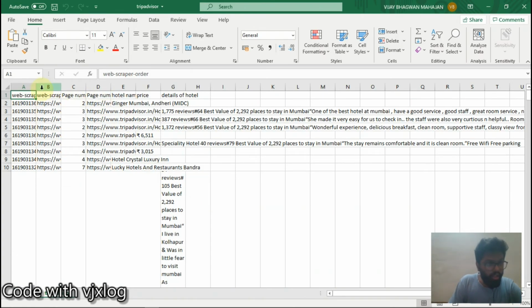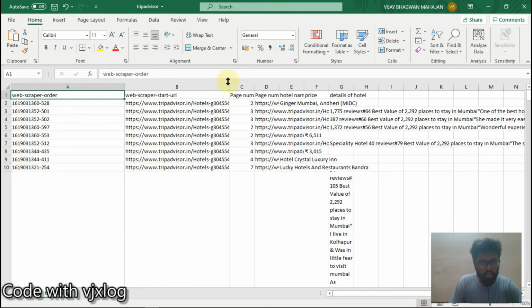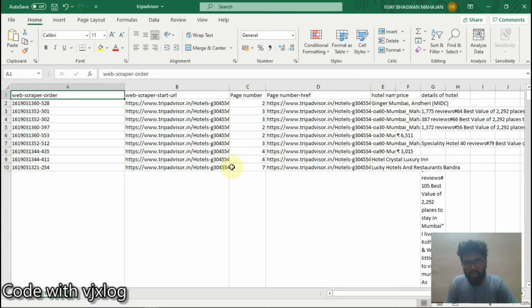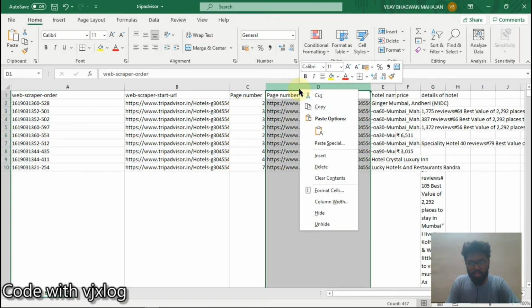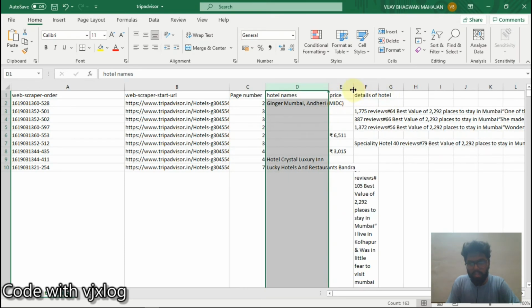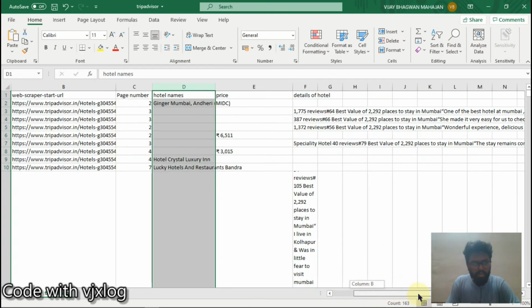Wait a minute, I'll just show you, expanding it, how it looks, right? These are page numbers, this is page number reference. Wait, this column is not required by us. I'll simply delete that. Hotel name is required, price is required, right, and details of hotel is required. For this only we have been scraping the data.